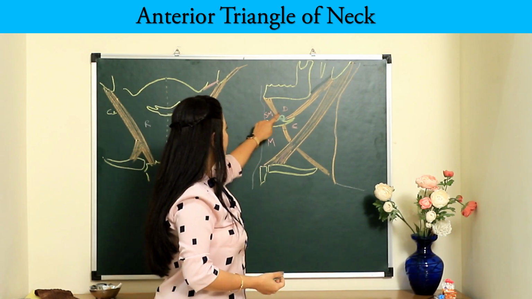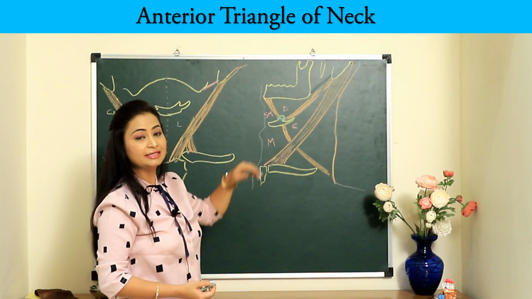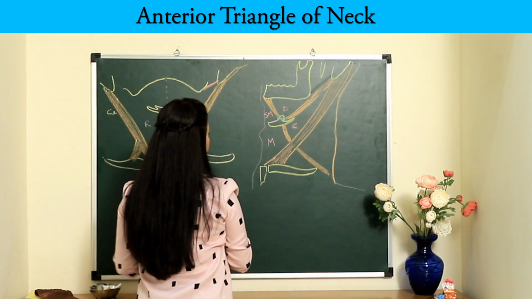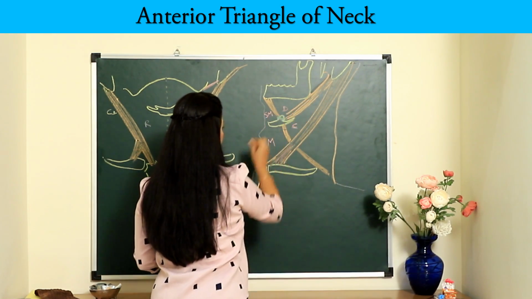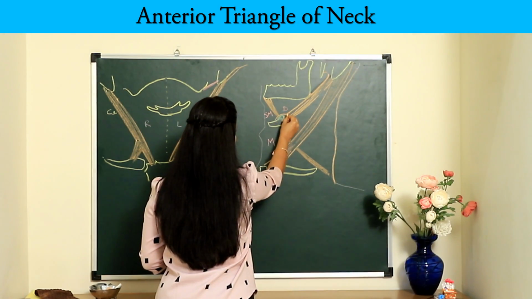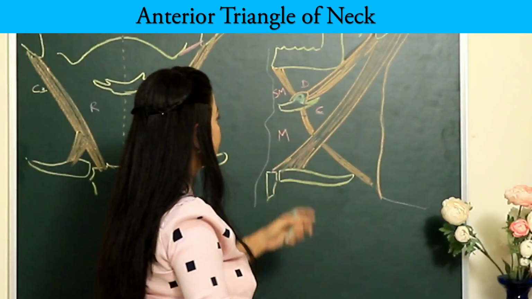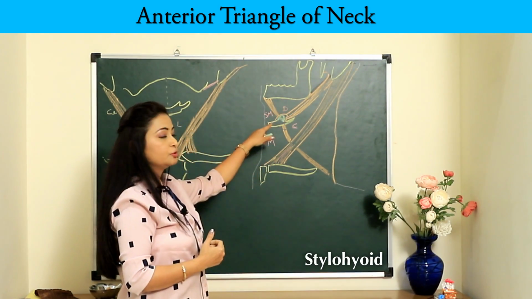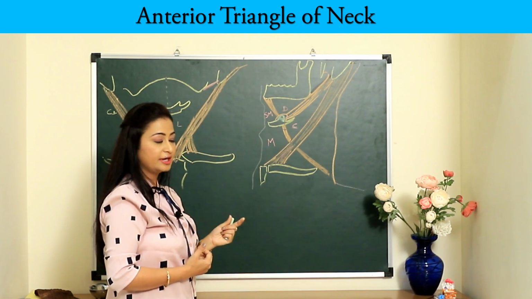Now also, along with this posterior belly, right, at its superior border accompanying it, runs another slender muscle which originates from the posterior surface of the styloid process and goes right up to the hyoid bone like this, and at its insertion it gives a triangular gap through which the tendon of the digastric passes. Alright, so this muscle is the stylohyoid muscle, running from the styloid process right up to the hyoid bone and accompanies the posterior belly of digastric, right?